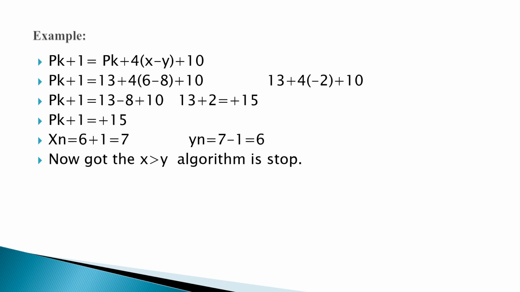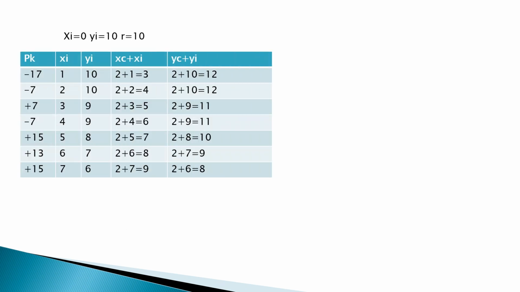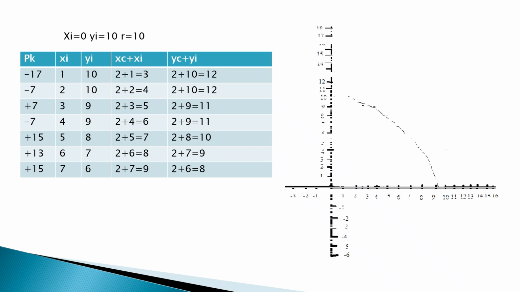pk value. So whenever we take the x c value, we have to add it, where x is given as 2 and y is also given as 2. So taking the value of this, with the help of x of c as 2, y of c as 2, what we have to do? With the help of all the pk values we got the xi, yi values. According to that, we got this